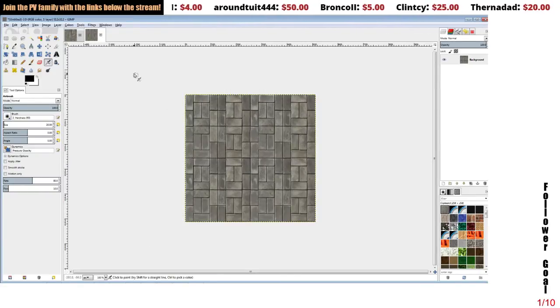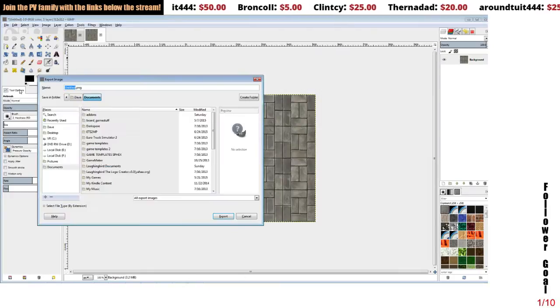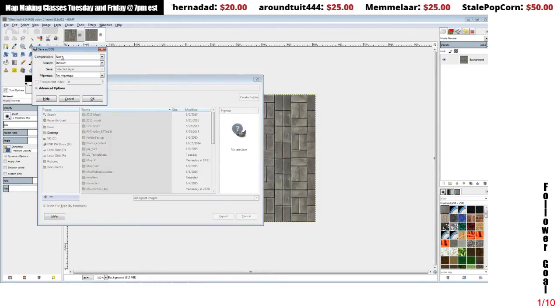And then once we have that done, we're going to save as, or actually with this one we're going to export it as a DDS file, and we'll put it right on our desktop again where I can find it, and we'll call it paver.dds, and we're going to set it to BC1 DTX1 and generate the bitmaps and